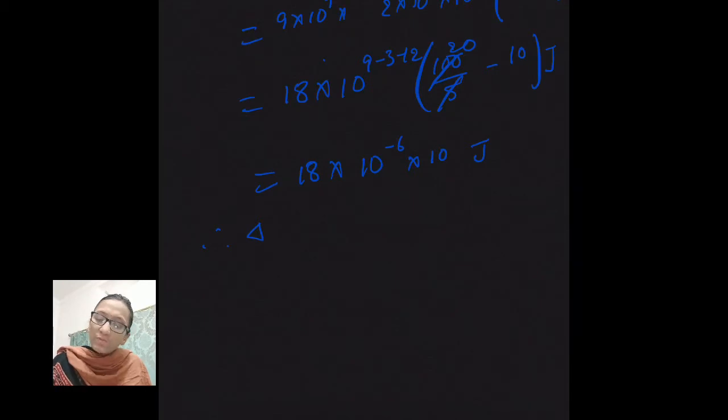Therefore change in potential energy is equal to 18 into 10 power, okay, let me write this in standard notation. So this is your 1.8 into 10 power